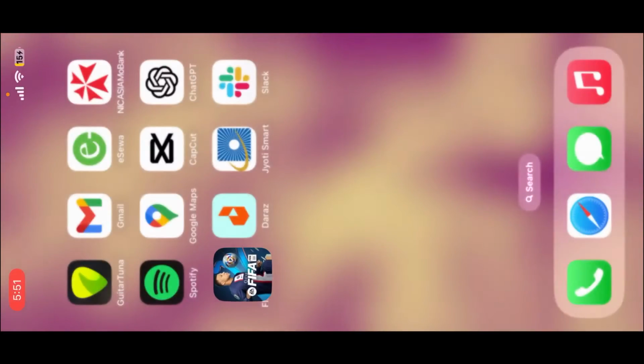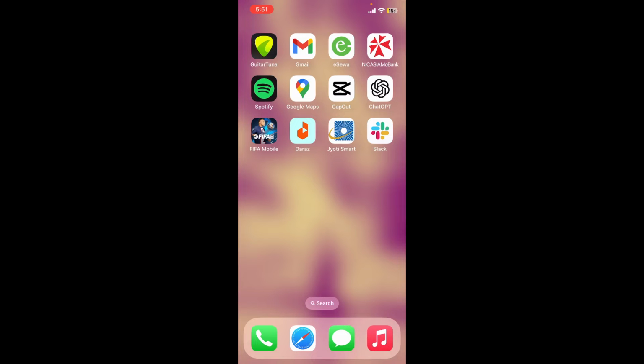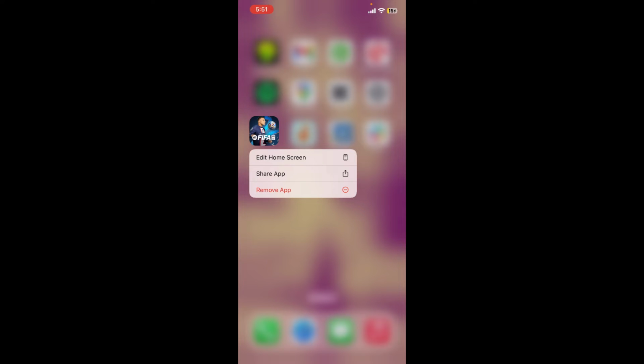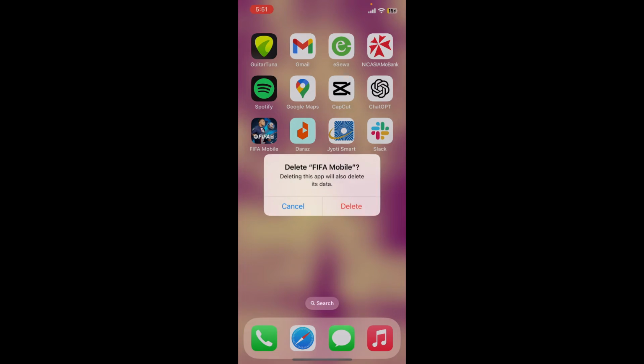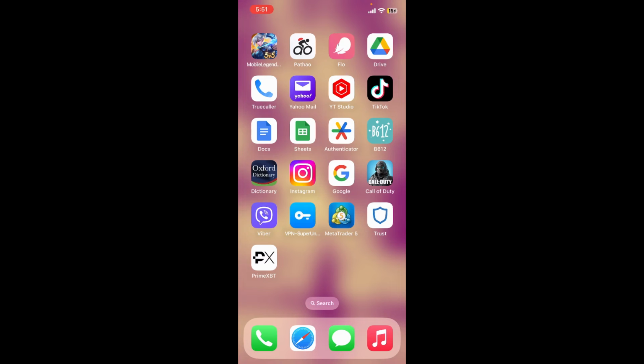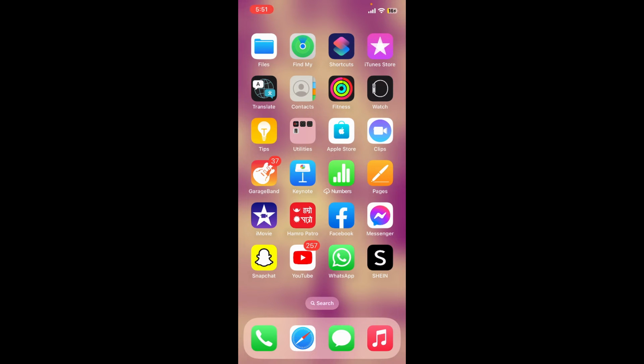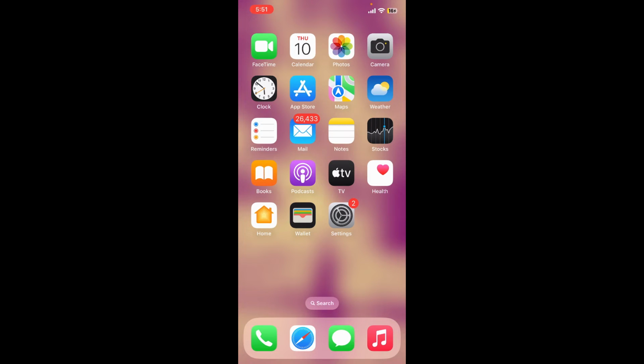Simply go ahead and get back to your home page or the app drawer and find FIFA Mobile. Press and hold the FIFA Mobile application and click on Remove App. Tap on the Delete App button twice. And after you delete your FIFA Mobile application, reinstall it again by going to your App Store or your